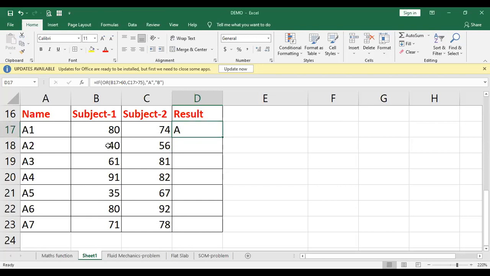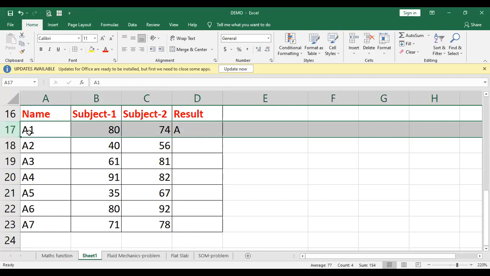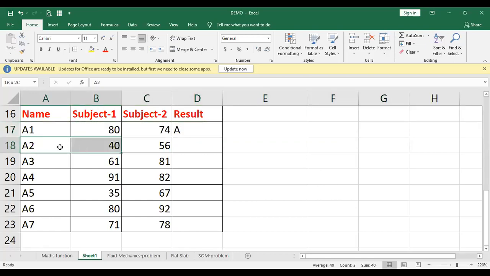Now this result is only for this part. What about this name and this subject? What should be the result? Should I again write the same formula? No, you don't need to write the same formula. Just click on this and go to this corner. You will find this plus icon.